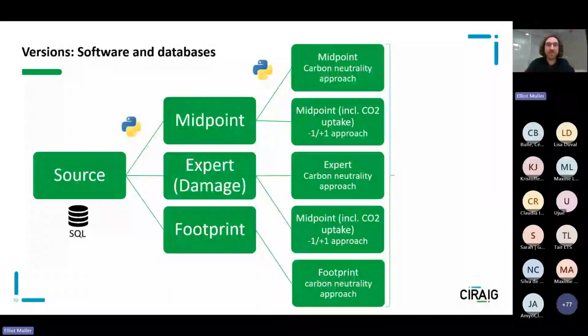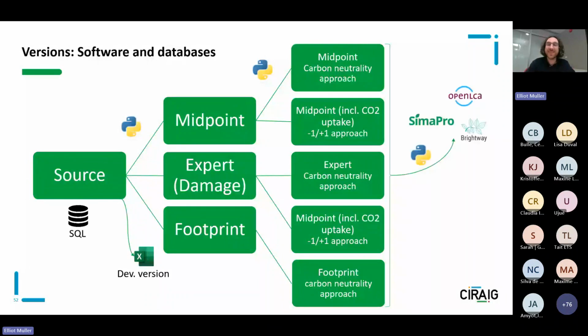Once all of that is done, the different things that are available include what we call a developer version, which is quite often an intermediate version that allows people, for example, using Python or not using traditional LCA tools to still have access to the characterization factors and to use them the way they want. And then we also develop ourselves files, so versions of these different versions of the method